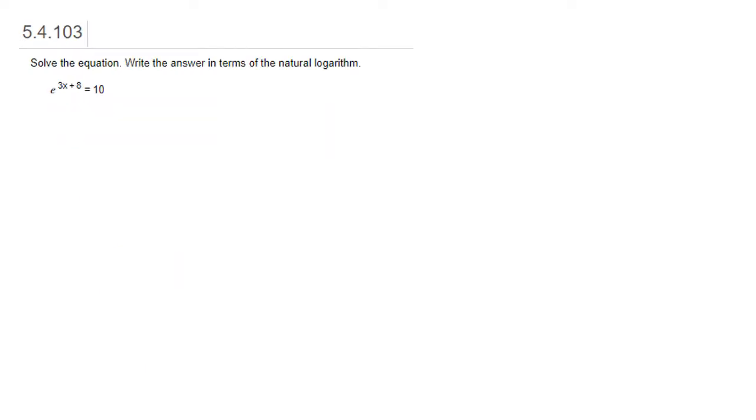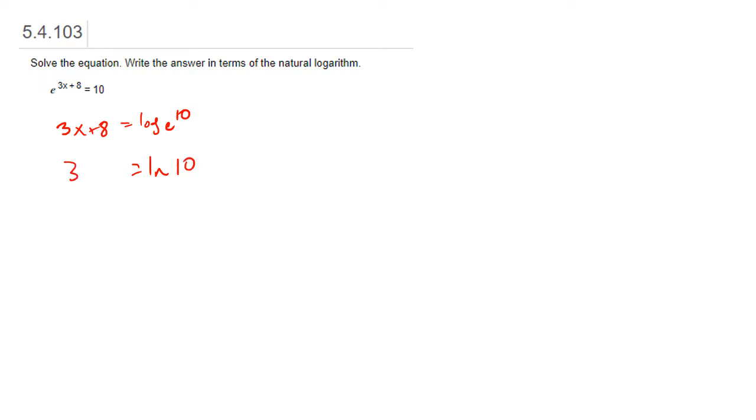All right, now we want to solve this equation for x. Now, when we've done problems like this so far, we were able to express the number on the other side as a power of the number on the left. Now, it's not quite as obvious how we're going to do this. However, what I can do is change this into a logarithmic expression. So 3x plus 8 is the logarithm base e of 10, which we will write as the natural log